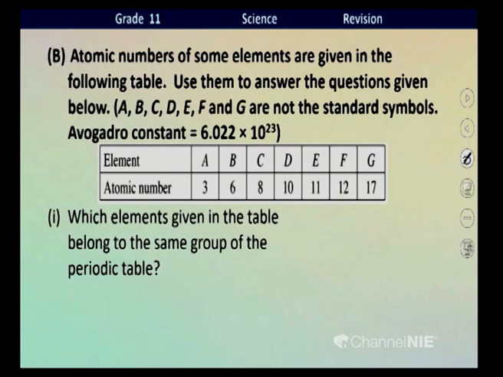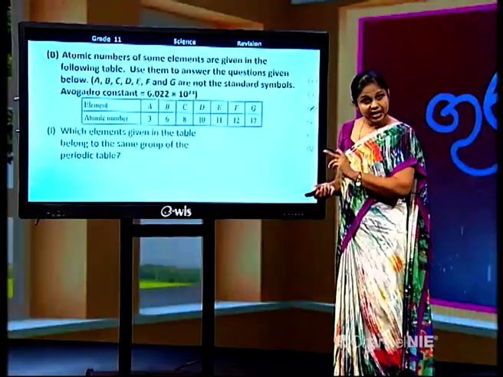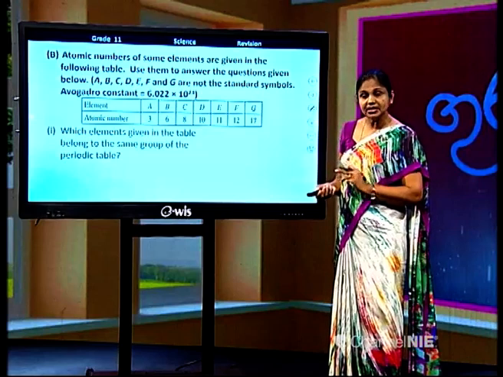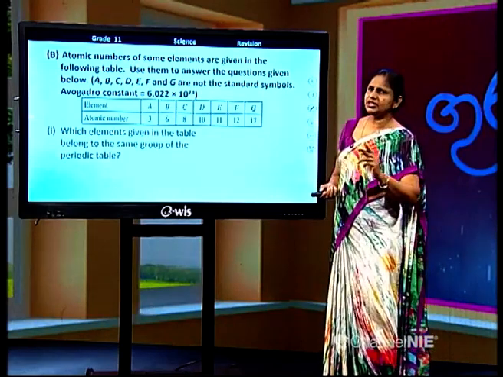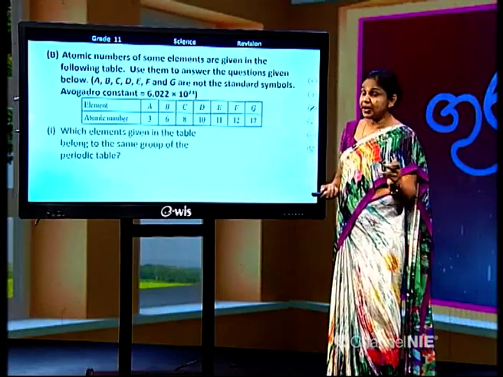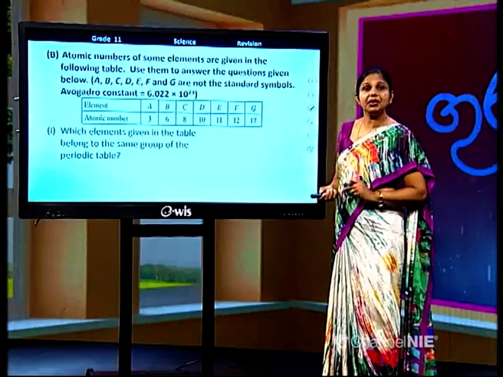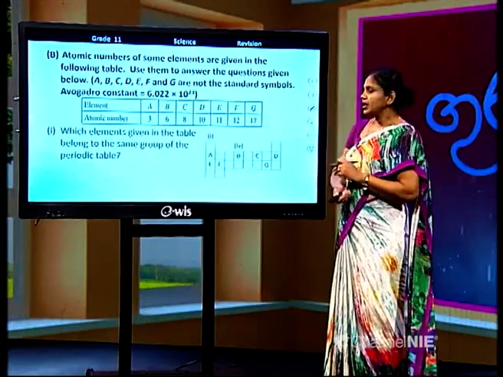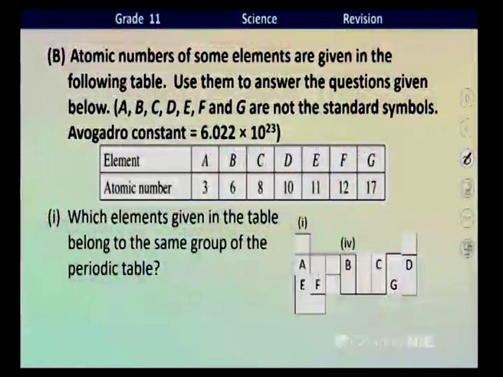See, here I have put the given elements with the atomic numbers into the periodic table. You also can try this quickly, right? You also can draw the periodic table, a rough periodic table, and just insert the given elements. Okay. This is how the elements are inserted into the periodic table, based on their atomic numbers, right? Now it is easy to find the elements belonging to the same group, right? It is completely clear, right?